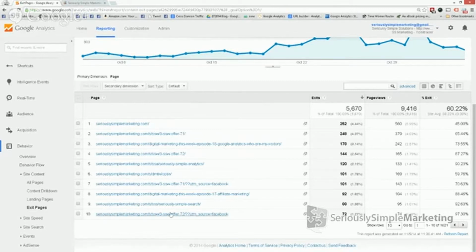And this is an example of something that would be decent, because we've got a Facebook ad that we sent. This is for the website's offer, 97% exited. Well, that kind of makes sense, right? That wouldn't necessarily be a bad thing because there is nothing else for them to do. This is a sales page. This is an offer page, right? We want them to either buy or go. There isn't a bunch of other stuff they can click on. And so those types of pages you would expect to have a high exit percentage.